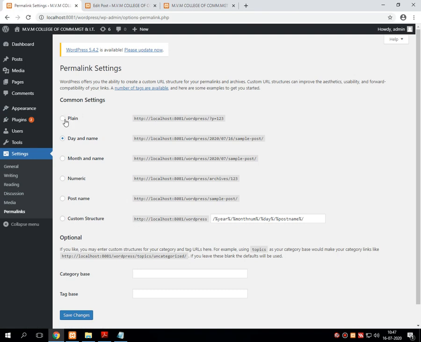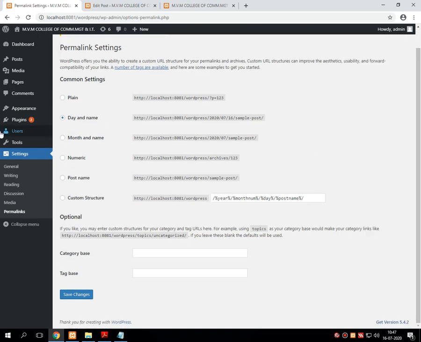For example, suppose you want to take a plain permalink, day and time, month and name, numeric, post name, custom structure, whatever permalink you require, you can change from here and save changes. But by default, WordPress suggests to keep permalink settings based on day and name. So don't change anything in the settings.